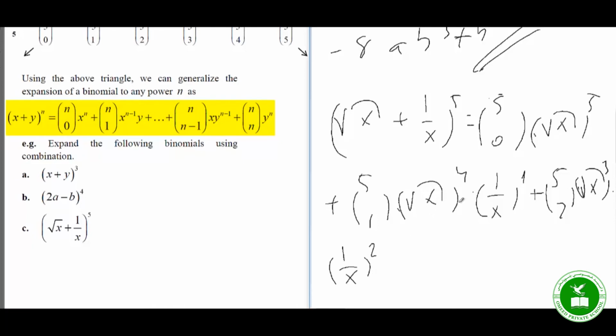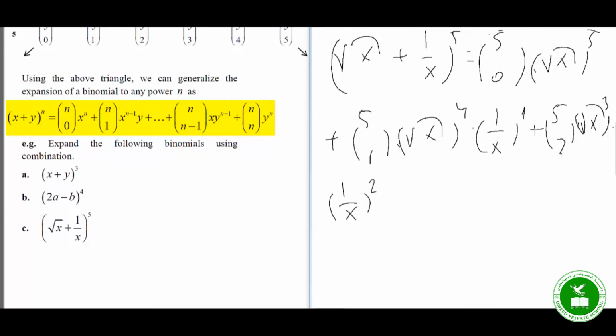The power of the first term is decreasing 1 by 1, and the power of the second term is increasing 1 by 1,